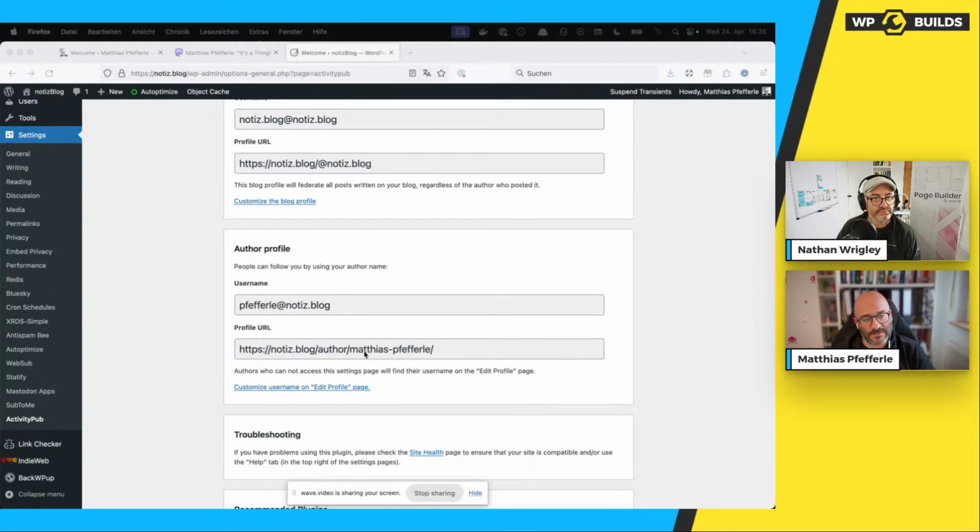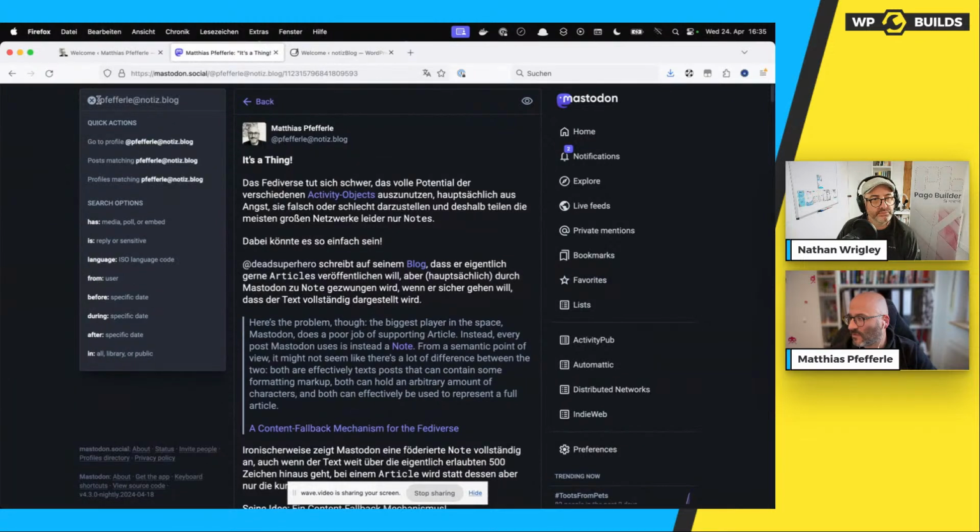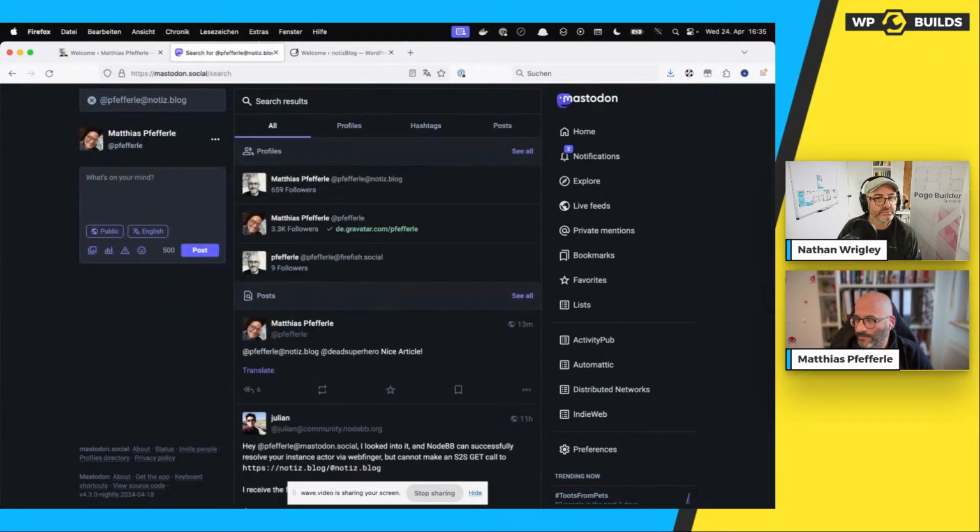So both is possible. And for my WordPress blog, I would try it with the email-like identifier. And you simply can search for that on Mastodon or any other platform that allows you